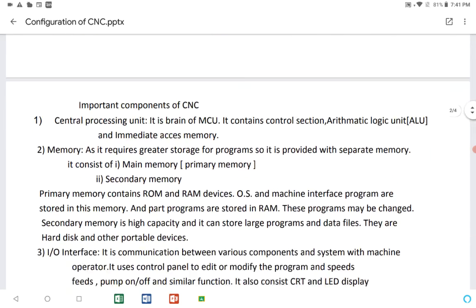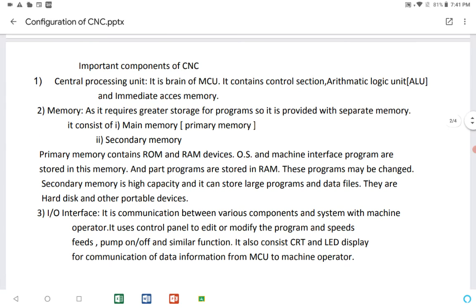It is a communication between various components and the system with the machine operator. It uses a control panel to edit or modify the programs and speeds, feeds, pump on and off, and similar functions.